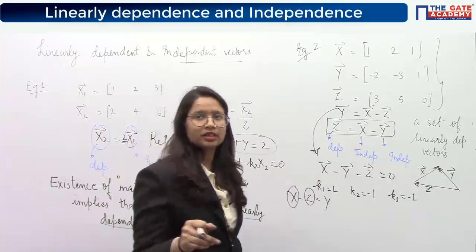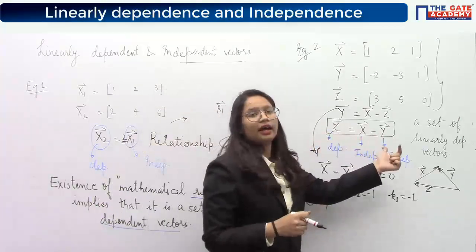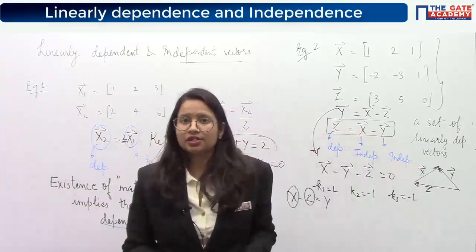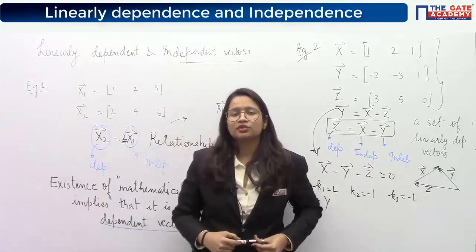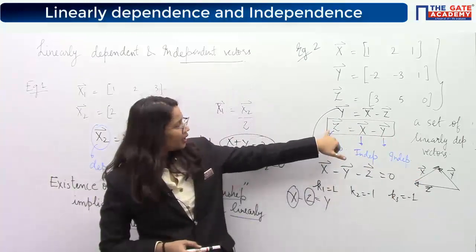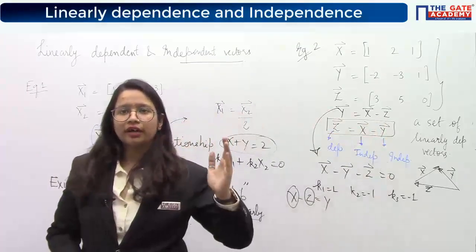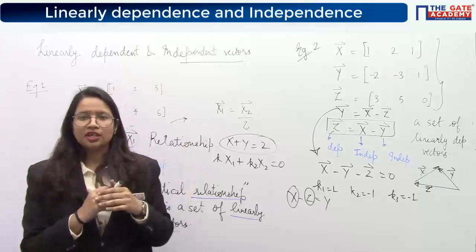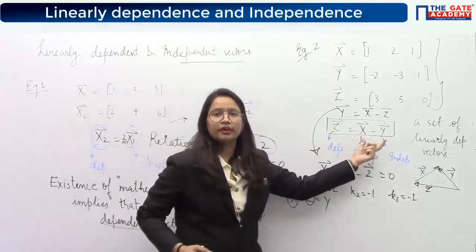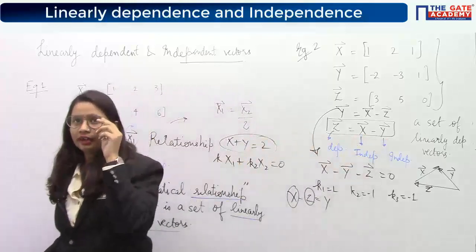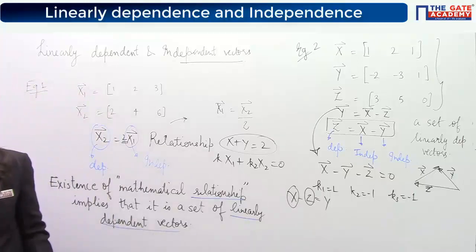What are the parallel vectors? The z vector and the x minus y vector. There is a condition of parallelism, but the vectors which are parallel are the z vector and the x minus y vector. Not all the vectors are parallel among themselves, just the subtraction of these two vectors is parallel to the z vector. Okay?